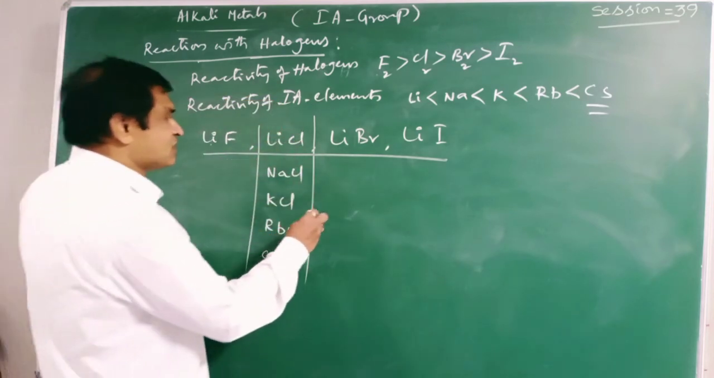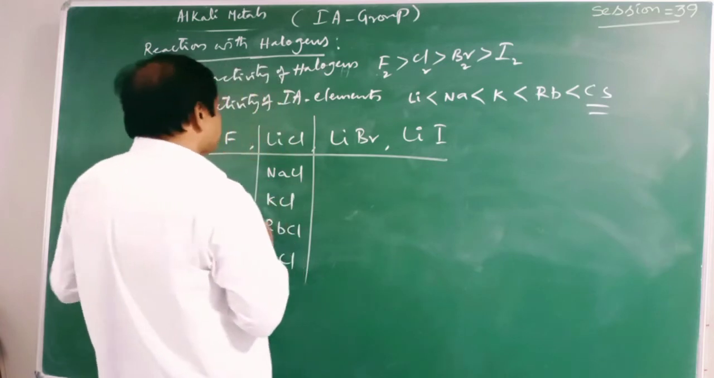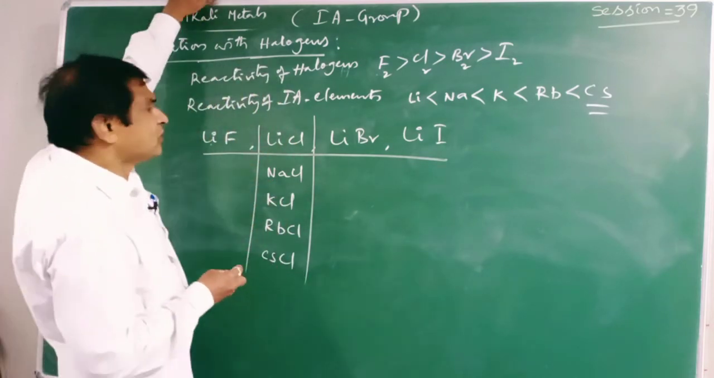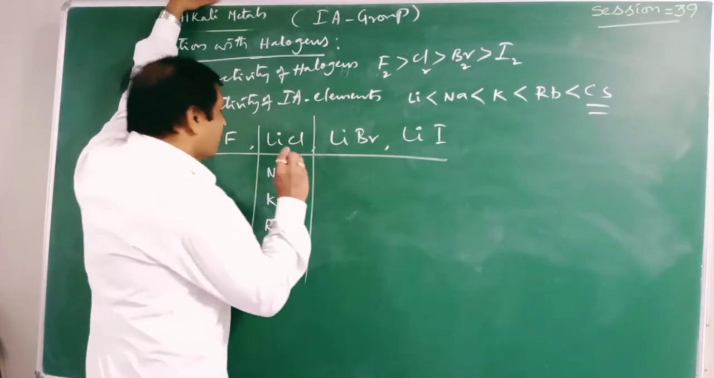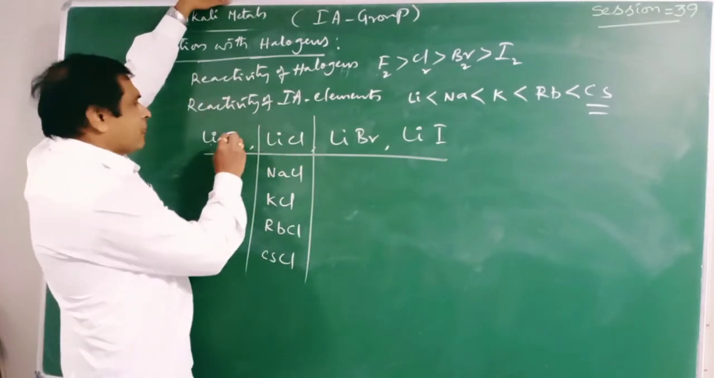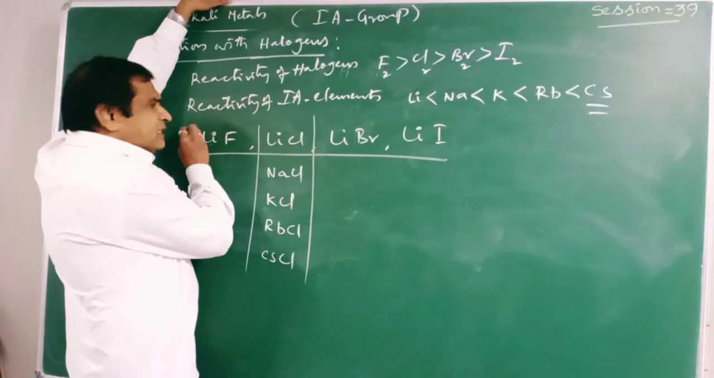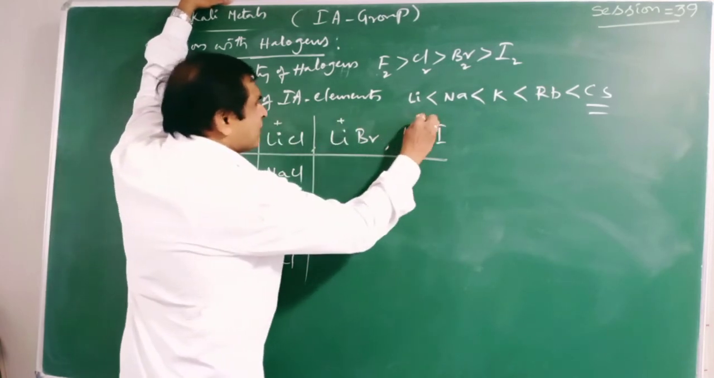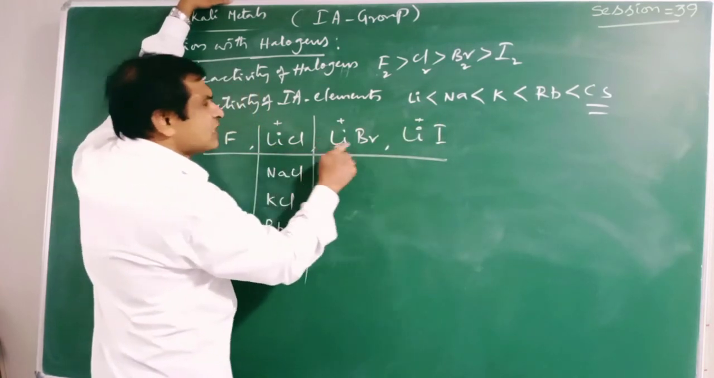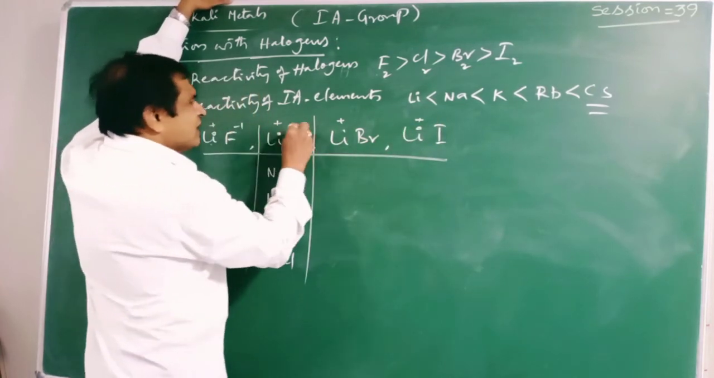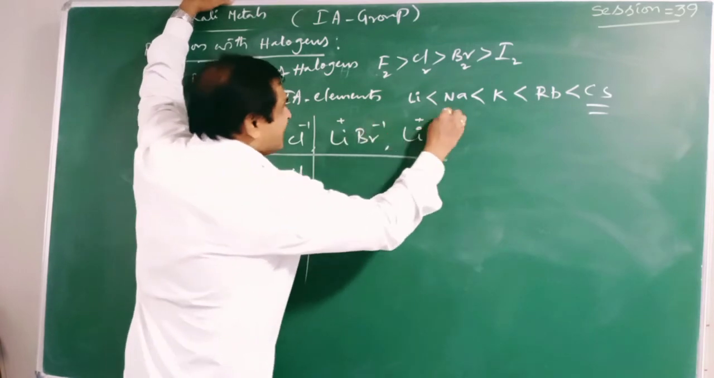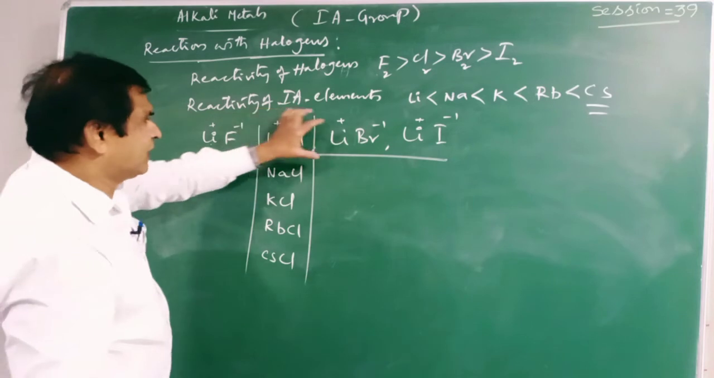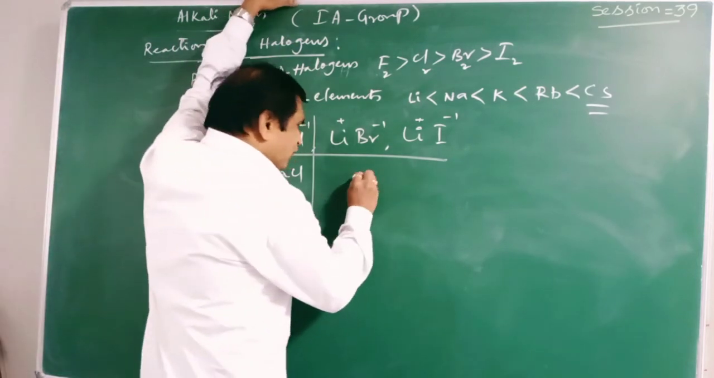Now let us see this according to the concept of Fajan's rules. You should be very careful. In this case, lithium is +1, the cation is the same, the size of the cation remains the same, and the anion is different. So the nature of the molecule is decided by the anion. Now we have lithium fluoride